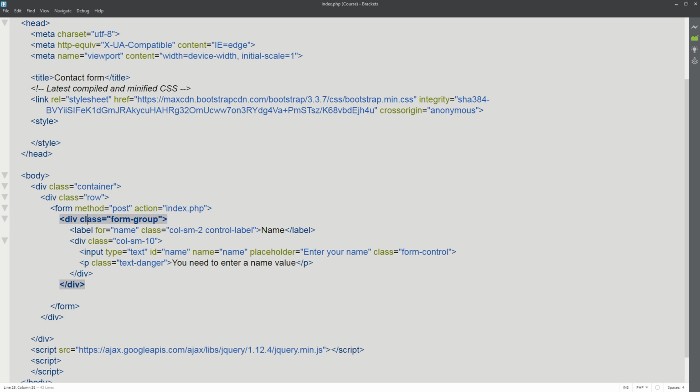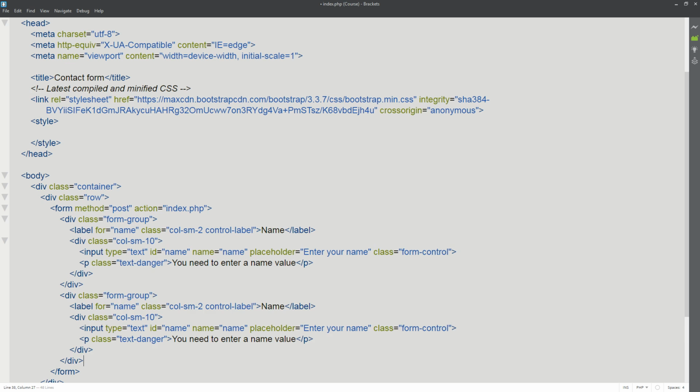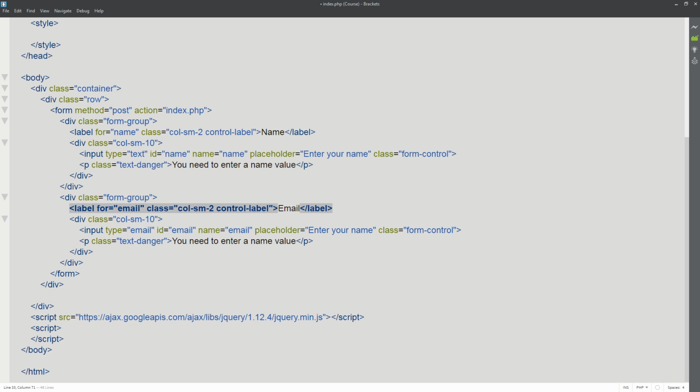Now that we've got this form group set up, we can copy and paste it and update these fields. This one is going to be email, so we just have to change the label here to email. Update its ID and its name to email, and also we're going to use HTML5, so the type of field is going to be email, so it's going to restrict it to only take in email formatted content. Placeholder there, so enter your email,